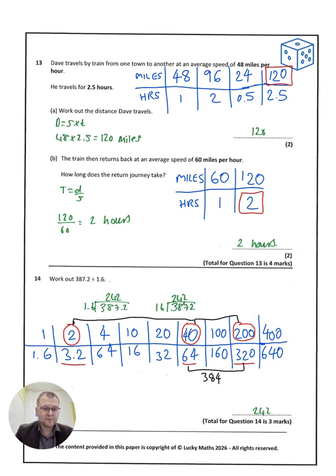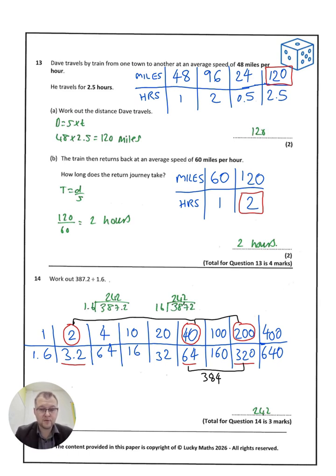Right, decimal division. So I've chosen to write out a very big ratio table, but ultimately all I'm doing in that ratio table is doubling and then times-ing by 10. So you can see we start with 1 lot, 2 lots, 4 lots, 10, 20, 40, 100, 200, 400. Now, the trick to this question is all about looking at the lower numbers. And if we've got to get 387.2 in total, we'd look at,